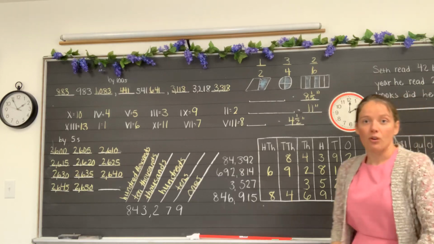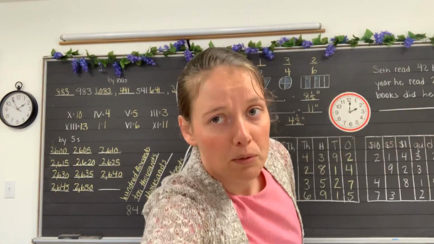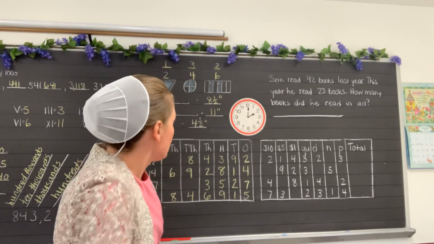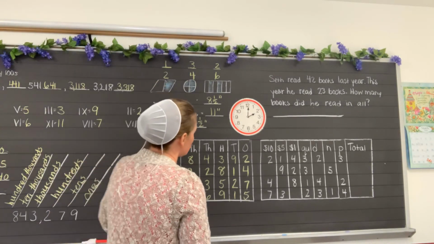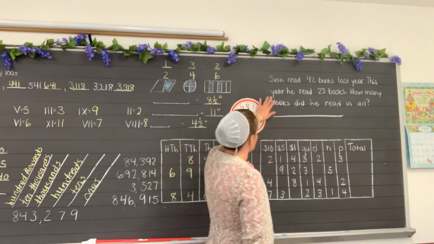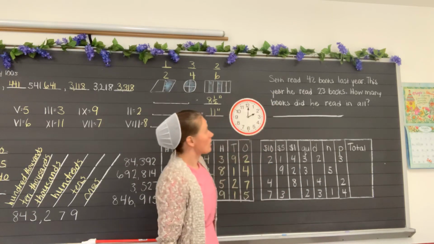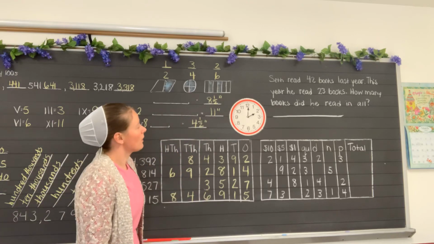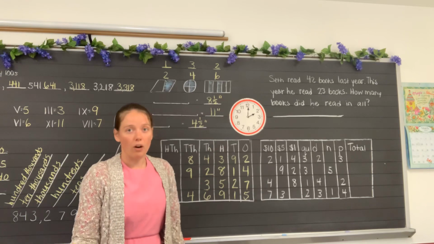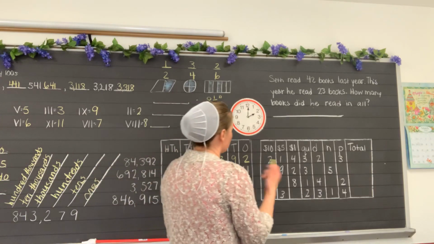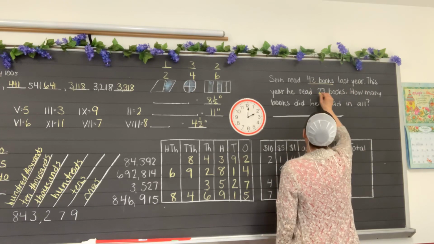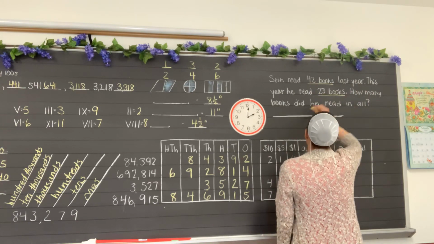All right, so now we're ready to look over here on the reading problem in the money section. So we have a reading problem up here. Let's do that first of all. It says Seth read 42 books last year. This year he read 23 books. How many books did he read in all? So we'll underline our numbers and our keywords with numbers. So 42 books, 23 books, and